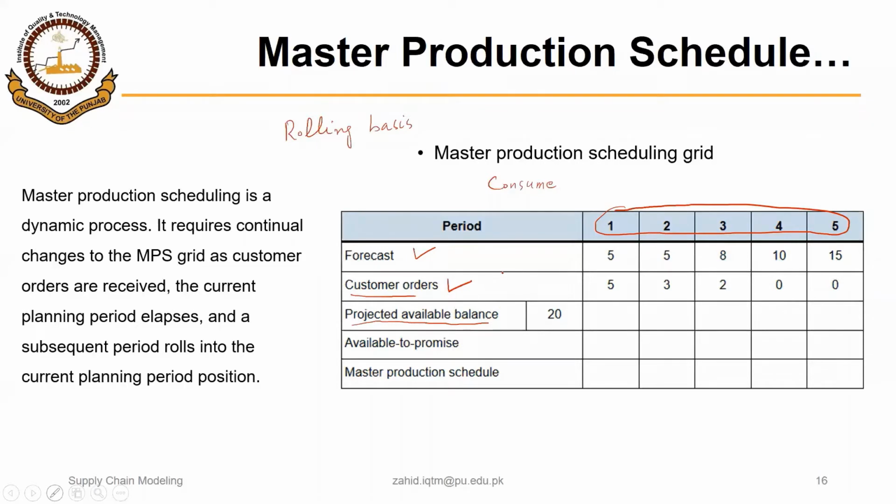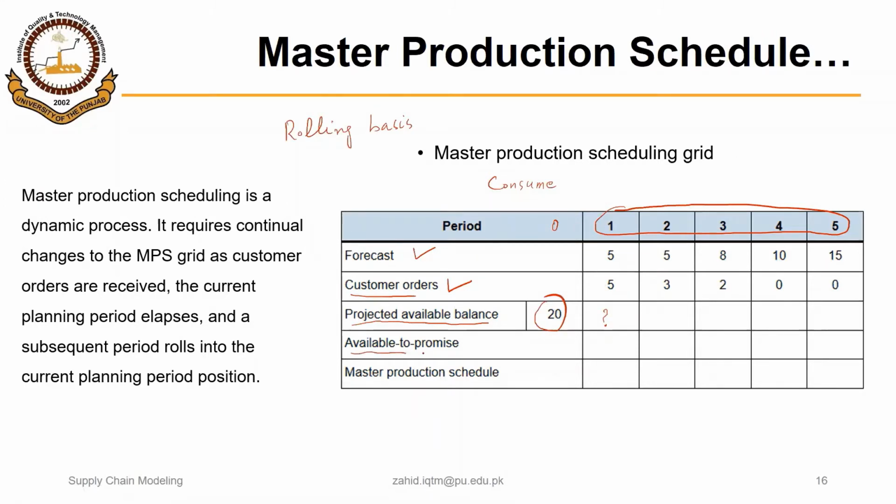The logic that we will be using in MPS as well as in MRP is that the inventory is at the end of the period. So for example, these items are at the end of period 0. So this is the starting inventory for period 1. So the inventory that we will have here at the end of period 1 will be the starting inventory for period 2, and so on.